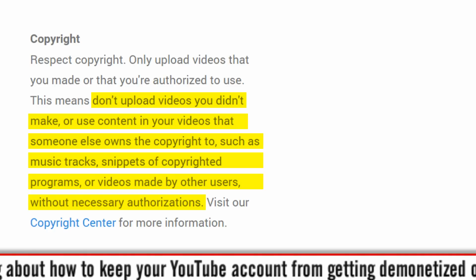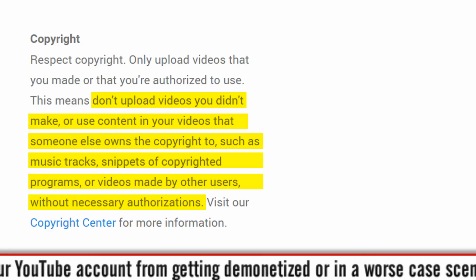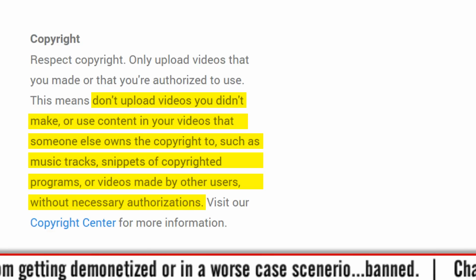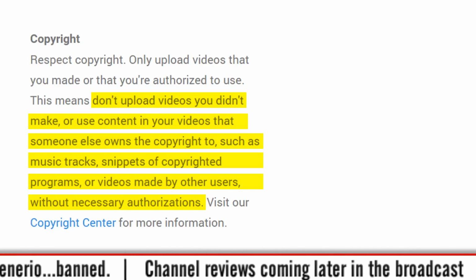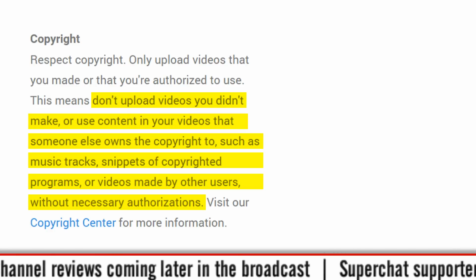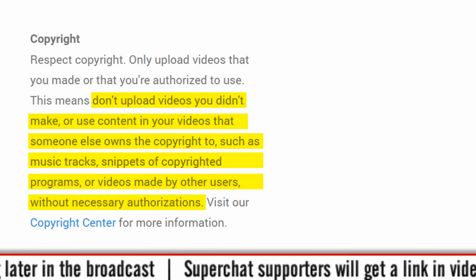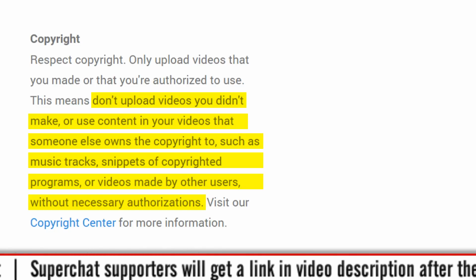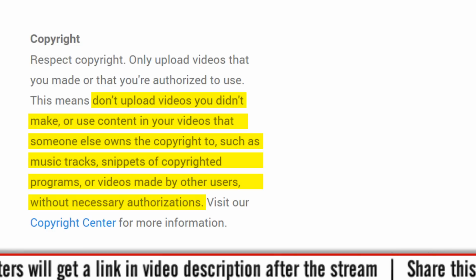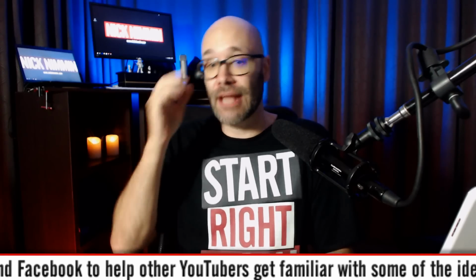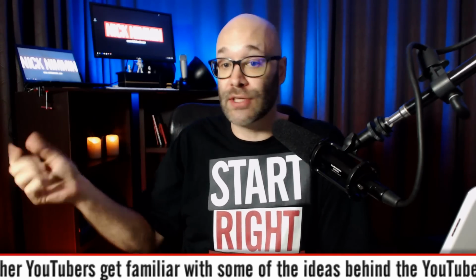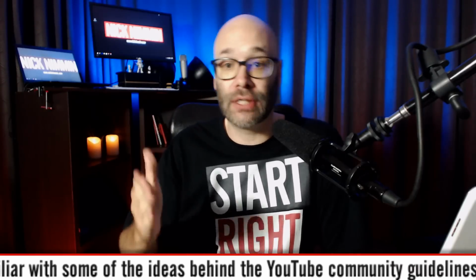Basically, they say, don't upload videos you didn't make. Don't use content in your videos that someone else owns the copyright to. That's any content. That's photos, videos, music tracks, graphics, any content that you don't own the copyright to, such as music tracks, snippets of copyrighted programs, or videos made by other users without necessary authorizations. We all get bombarded with the copyright stuff, so we're familiar with that. But this is just a reminder, because it's a common misconception, a myth, that as a YouTuber, hey, as long as I use